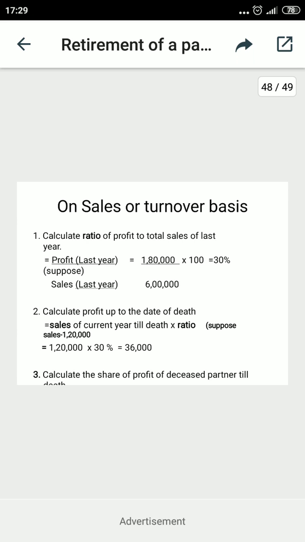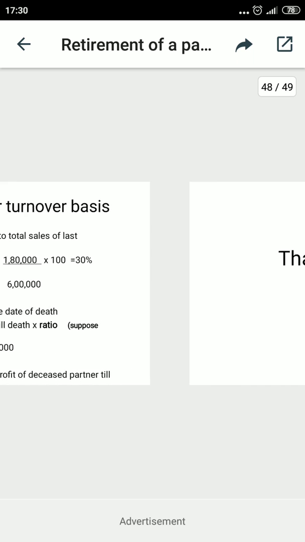These systems only create problems for students, the calculations of profit and interest also. The rest of the aspects are the same as in retirement. So the balance can be calculated with the help of this.